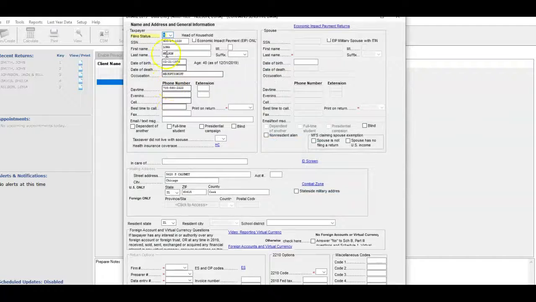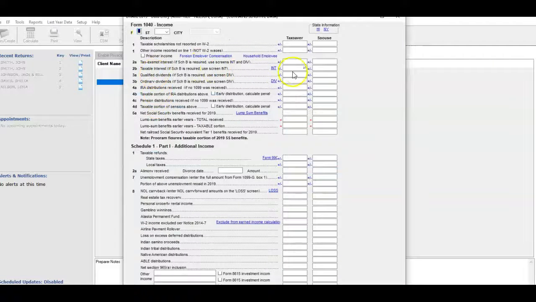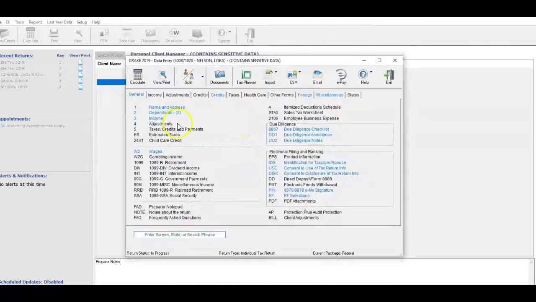Then the first thing that opens up is this box. On this page, we fill this out first, so that's the main thing. That's the first thing that opens up once you sign in. You come out of that. Then if you got children, you go to number 2, put the kids in, knock them on out, boom. If you got interest income, you can go ahead and put that right there, knock it on out, boom. And then if you got wages, just go down the list until you finish, then you're on this side: EF selection, PIN number, disclosure forms, ID information,